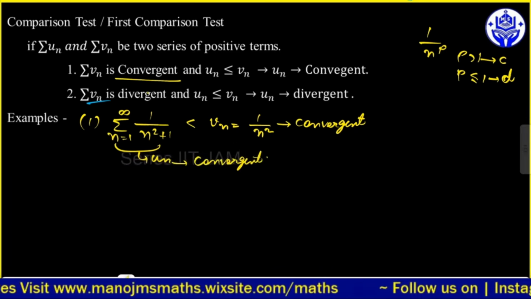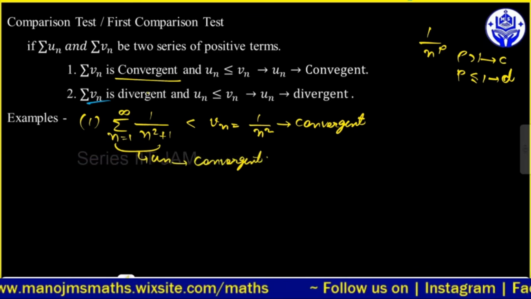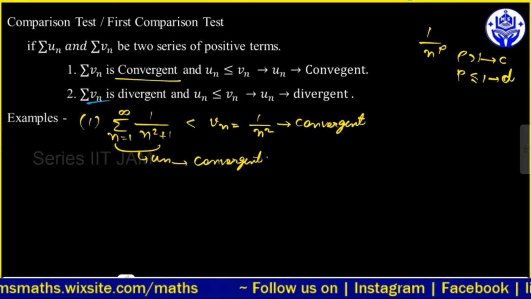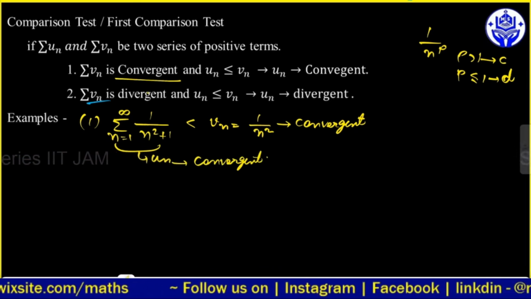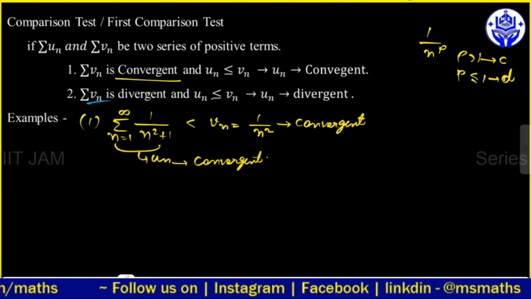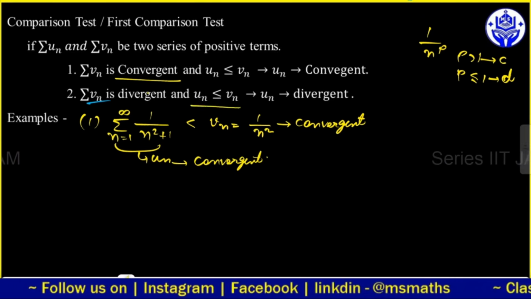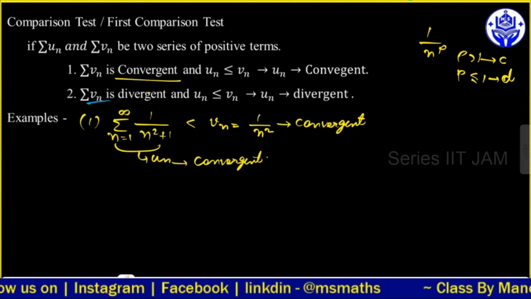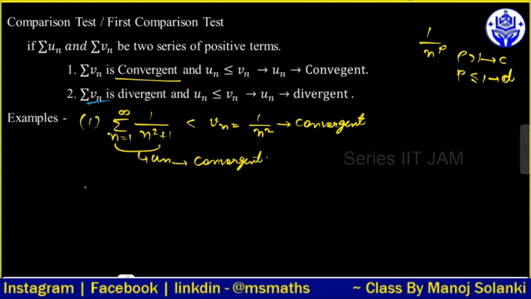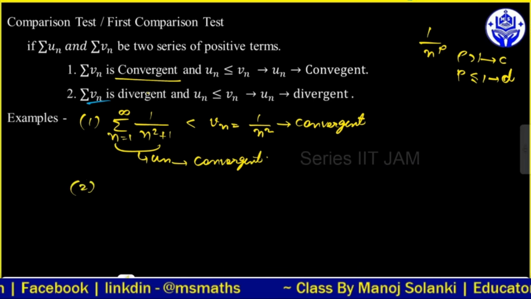इस टाइप से हम इसके कंपैरिजन टेस्ट, मतलब दिस इज द फर्स्ट कंपैरिजन टेस्ट, मतलब आप कंपेयर कर रहे हैं दो सीक्वेंस को। एक अगर कन्वर्जेंट है और वो उससे अगर छोटी है तो UN भी कन्वर्जेंट होगा। एक अगर डाइवर्जेंट है और वो उस कंडीशन को सेटिस्फाई कर रही है, यानी कि UN ग्रेटर देन इक्वल VN, तो वो भी डाइवर्जेंट होगी। ओके, सिमिलरली हम एक और एग्जांपल लेके इसको चेक कर लेते हैं।